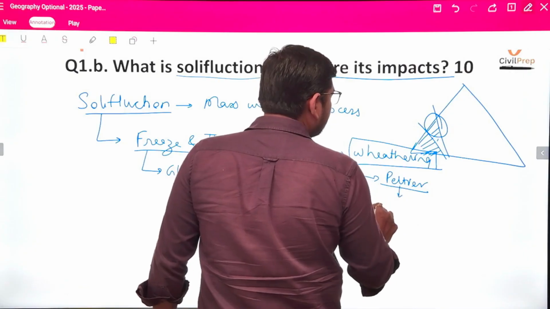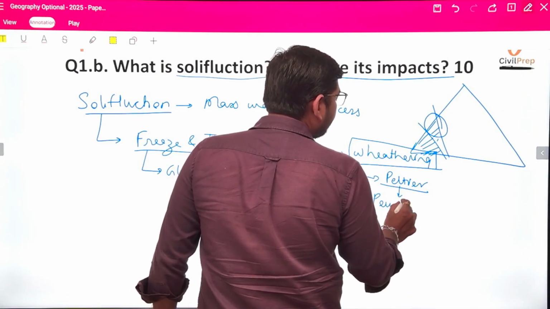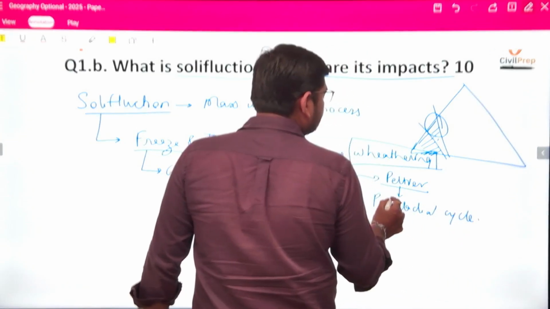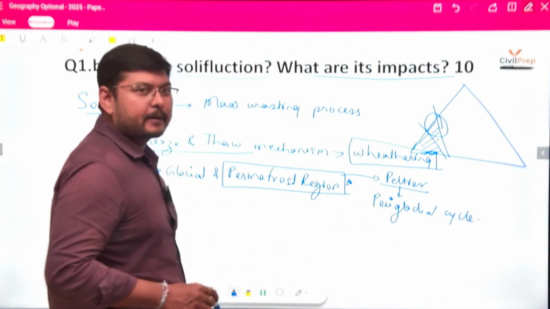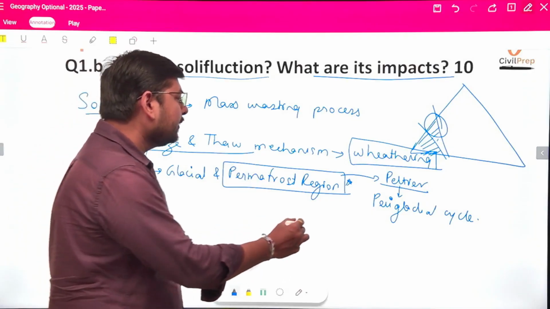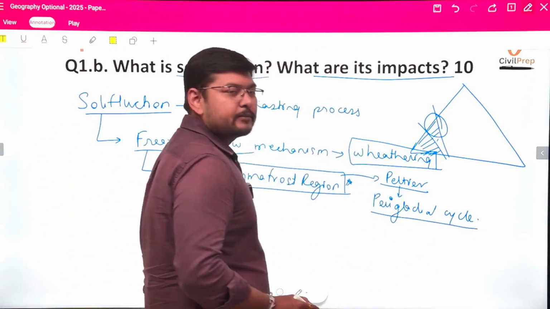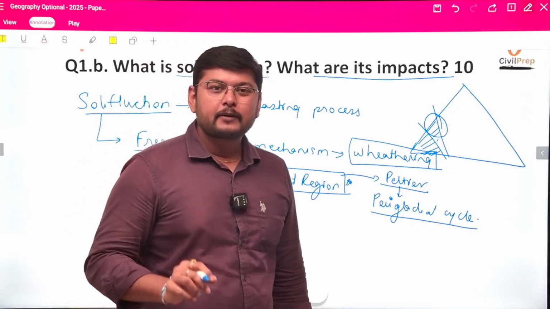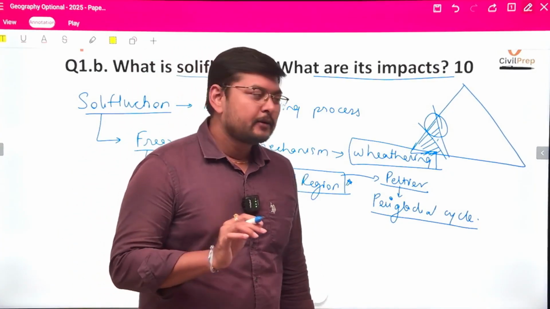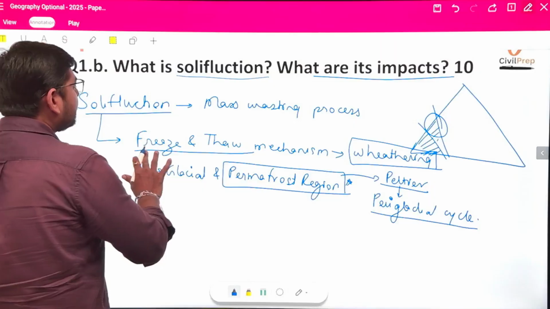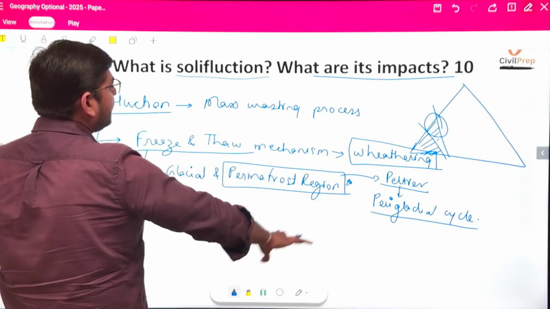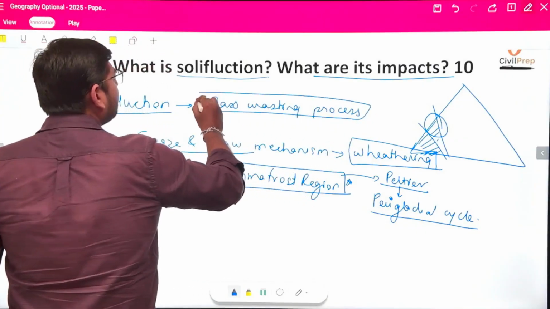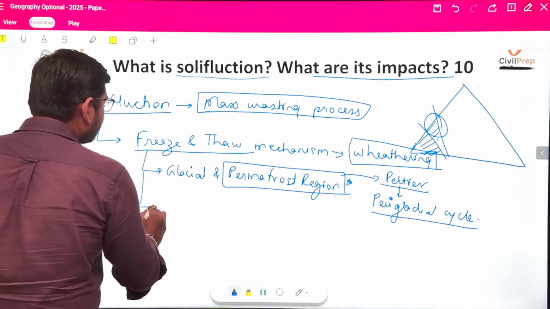in his periglacial cycle. Okay, so this is also explained by Peltier in the periglacial cycle, where the freeze and thaw mechanism is, we can say, one of the most important weathering processes which is taking place in the periglacial region here. Okay, so we can see that this is a basic mechanism of solifluction, which we can include with the mass wasting. Okay, so this is also a slow movement